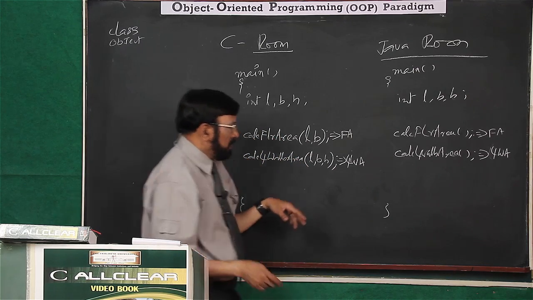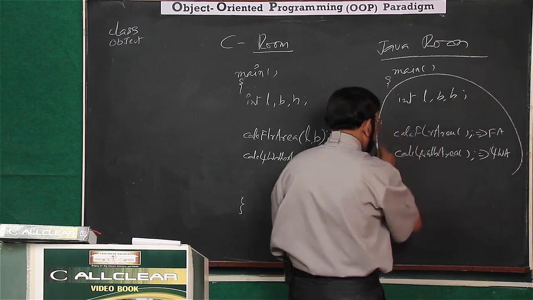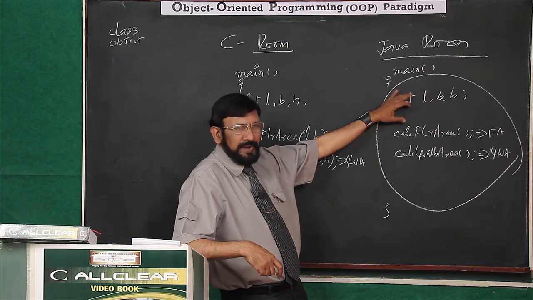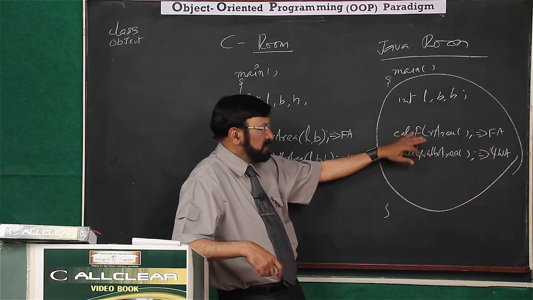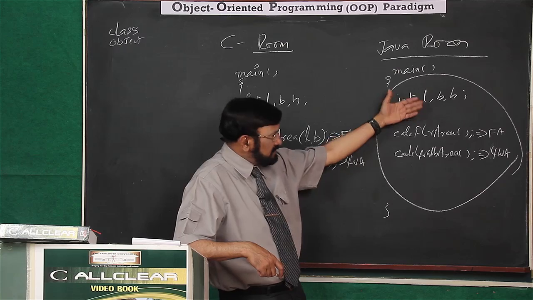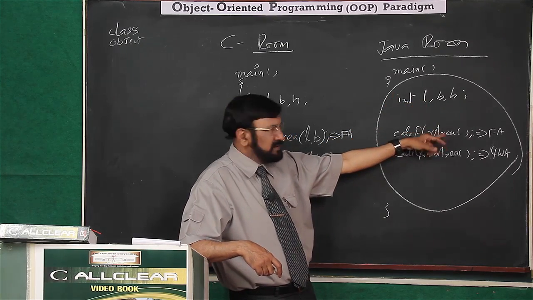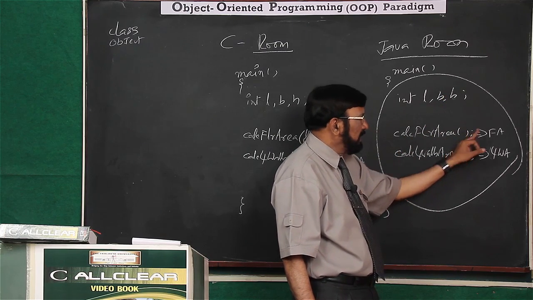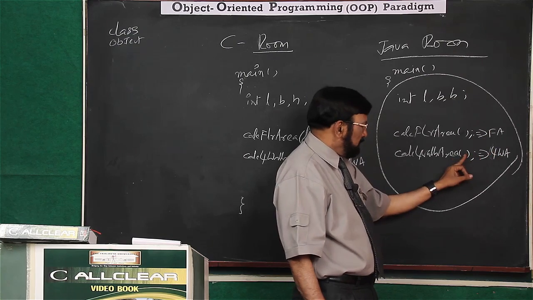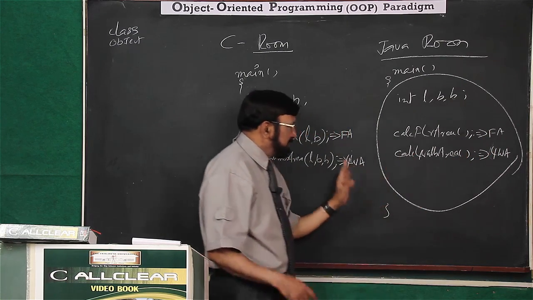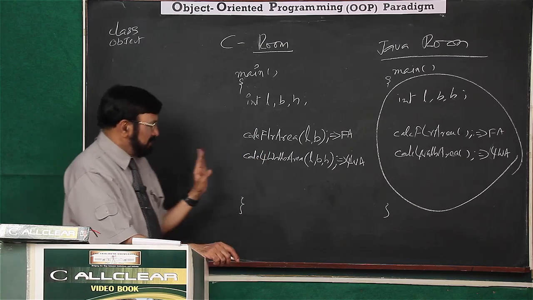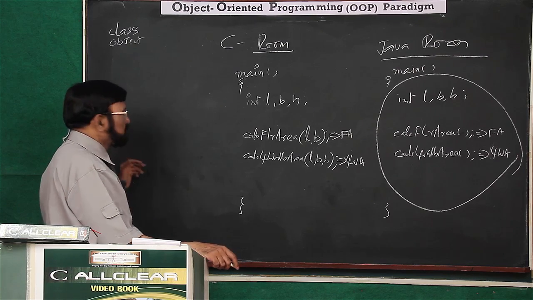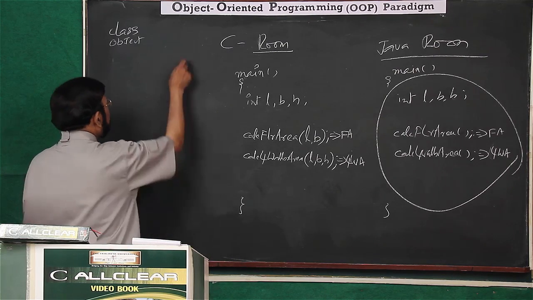How is it possible? Because these both are encapsulated. What is a class? A class is a set of data and a set of functions which act upon the data. This is magical. Automatically it takes whatever inputs it requires and returns whatever output is required. Then this is not an amazing thing. Now you know that your body functions like this only. Just with reference to your system, your body system, you understand, this is you.